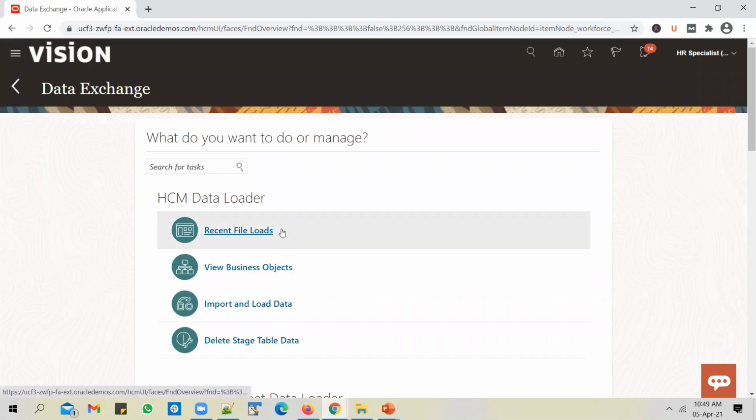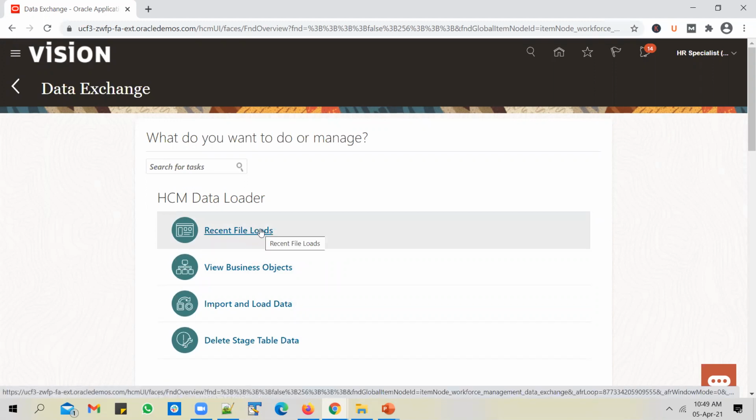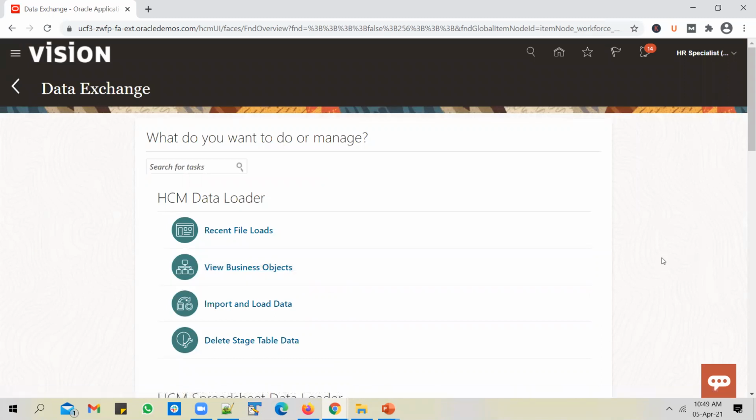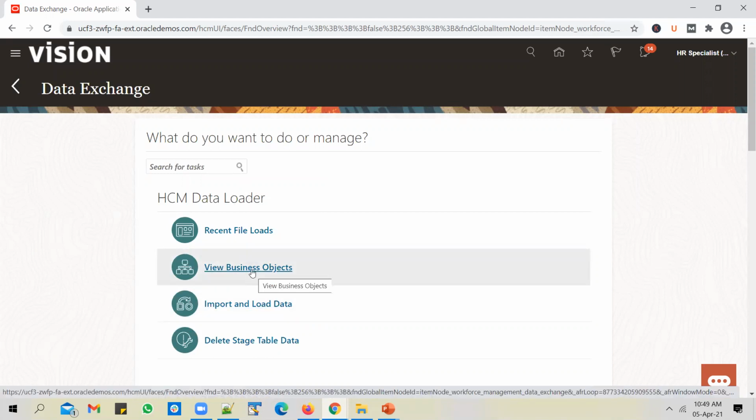You've got a few navigation options, and you can easily make out what you can do by going into those options. If you want to view the recent files loaded, use the first one. If you want to see which business objects you can load data into, you can get into this navigation option. This is what you should do first, to see if the business object that you want to load data into is supported by HCM Data Loader or not. Say, for example, you want to load employees or jobs.